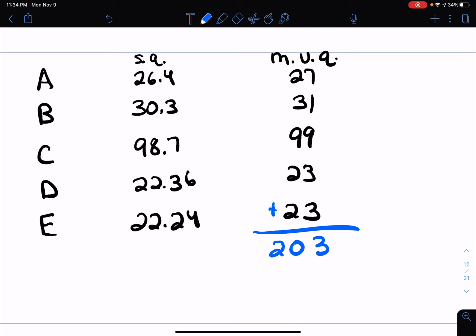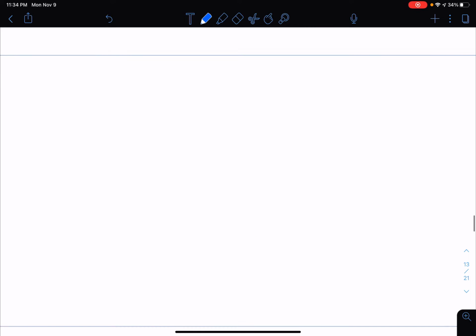I need my total to go down from 203 to 200. So if I need to go down in my total, I'm going to need my divisor to go up. So remember the divisor before was 50,000. Let's go ahead and try 50,600